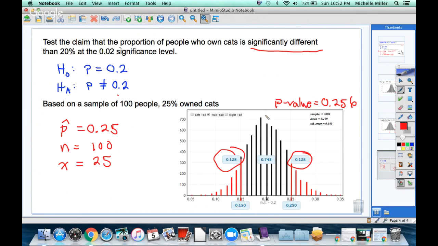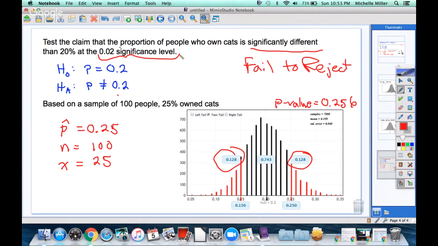And so that's a pretty high probability of that happening. So in this case, I cannot reject the null. So I'm going to fail to reject. Now, I didn't even look at my significance level, and it turns out in